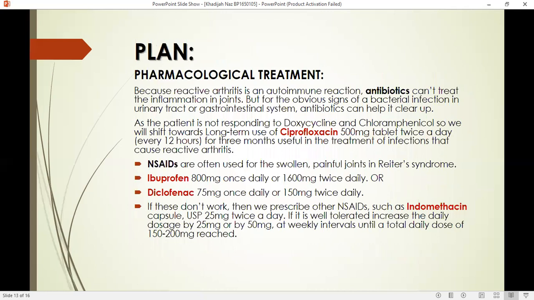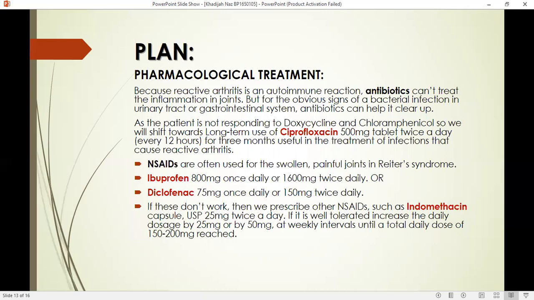Plan. Pharmacological treatment. In the pharmacological treatment, we start with the antibiotic. Antibiotics basically can't treat the inflammation in the joint, but the bacterial infection can be treated by the antibiotic. As the person is not responding to the doxycycline and chloramphenicol, we will shift toward long-term use of ciprofloxacin tablet, and the dose is 500 mg twice a day